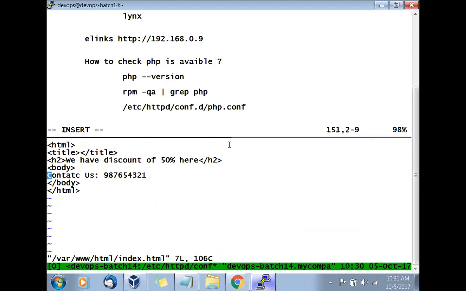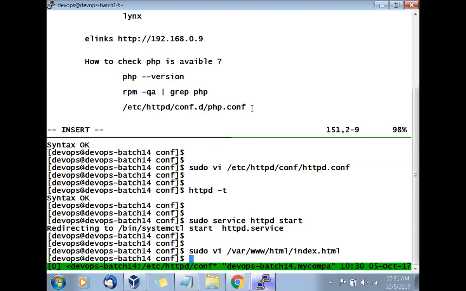Now I will give the reference of the sample PHP. I can say URL here, and I'll say sample, and sample PHP. You can open with that, no problem. So it is like a local reference. You can create your local reference and you can go along with that. Let's see that.